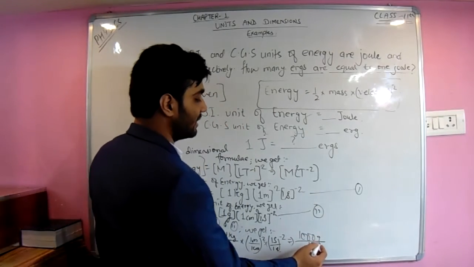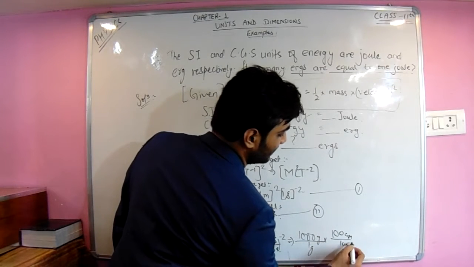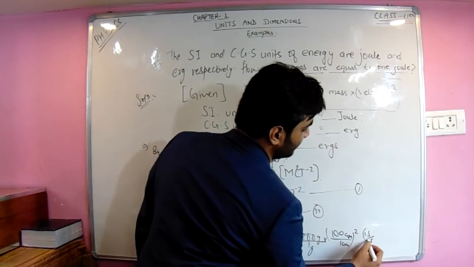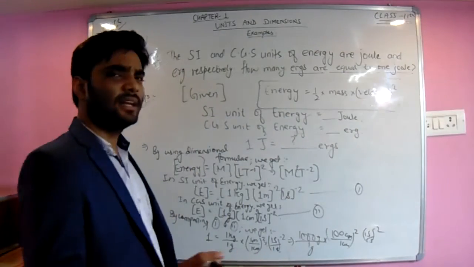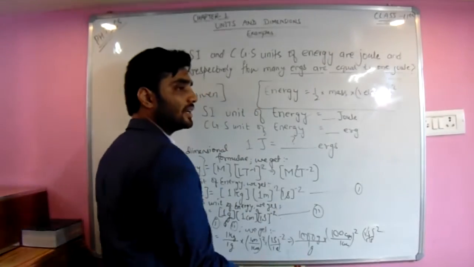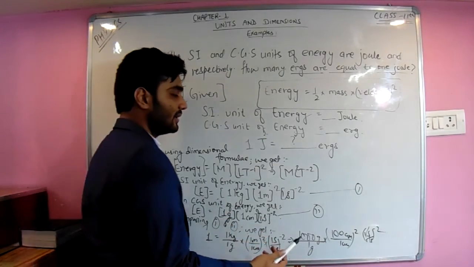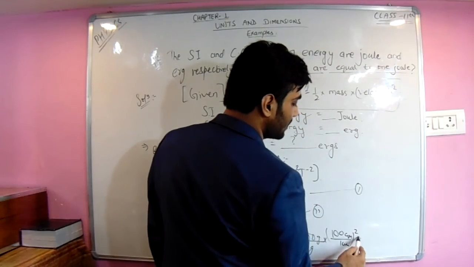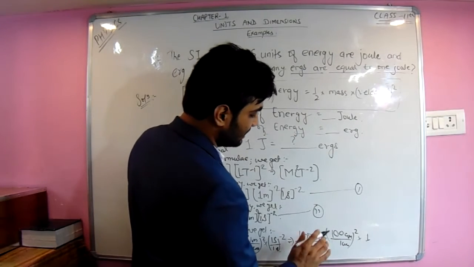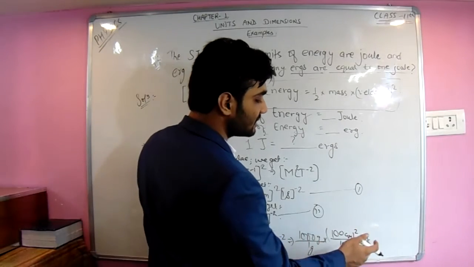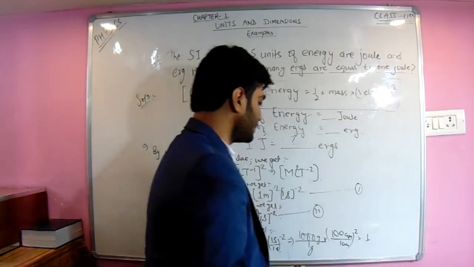So 1000 gram by 1 gram. 1 meter becomes 100 centimeter, and here is 1 centimeter power 2, and second by second power minus 2, no change. Time cancels out. Why? The second unit is the same. Energy and energy are the same, so it cancels out and comes out to be 1. Now 1000 becomes 1000, no change, but 100 becomes 10,000. Why? Power 2 is here.